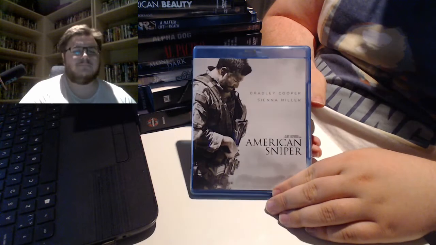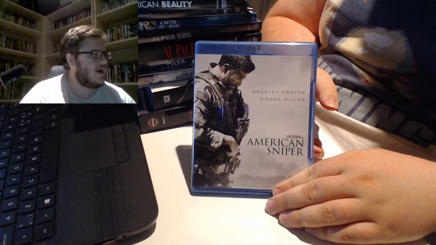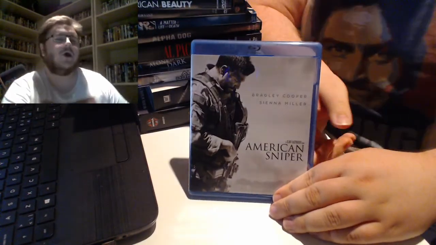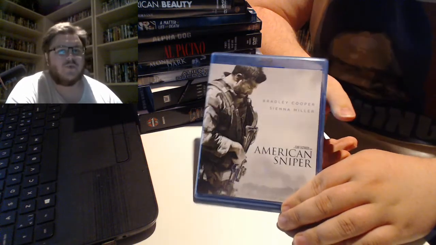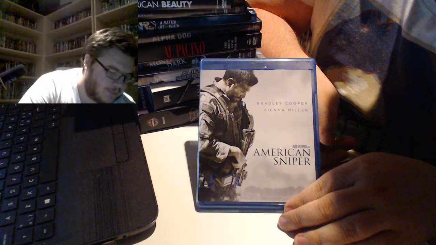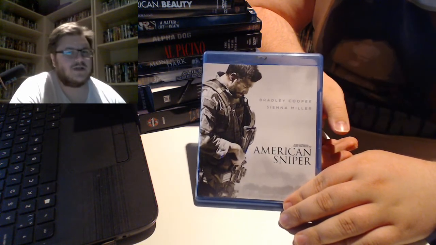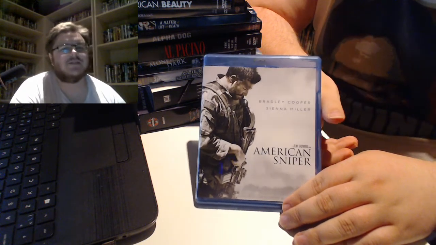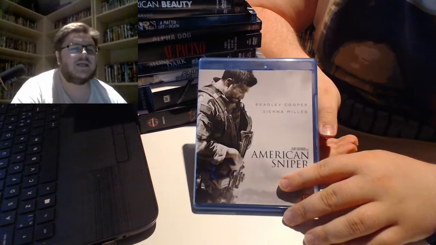And then we have American Sniper. A kind of, how should we put it? A movie mistakenly called pro-war, but if you actually watch the movie instead of just reading about it, it's about America's deadliest sniper, and if you see it as a celebration of violence and celebration of the military, you're kind of missing the point with this movie. It is a really, really sad movie.